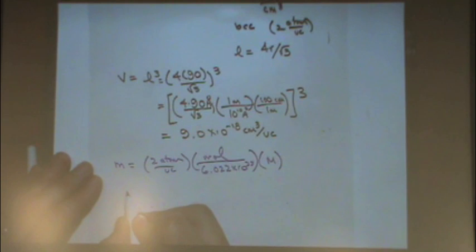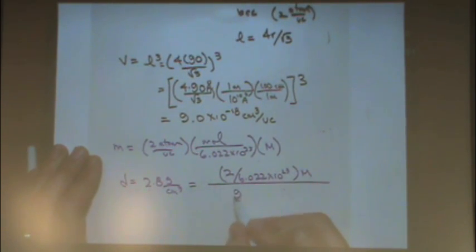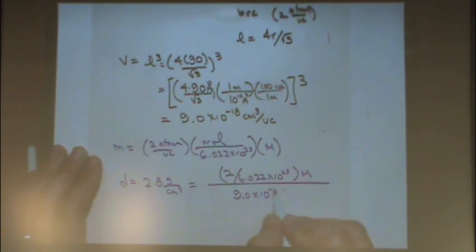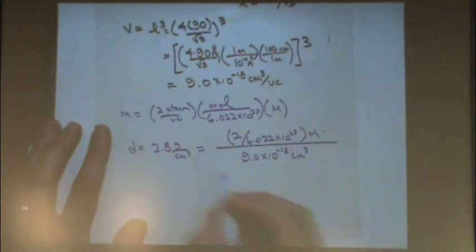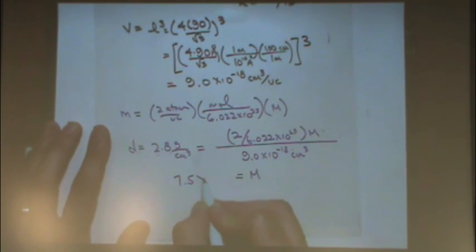So, density is 2.8 grams per centimeter cubed. That equals 2 divided by 6.022 times 10 to the 23rd times molar mass, all divided by 9.0 times 10 to the minus 18 centimeters cubed. If you solve for molar mass by cross multiplication, I got 7.5 times 10 to the 6th grams per mole,